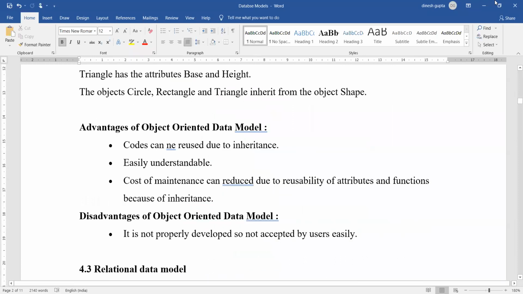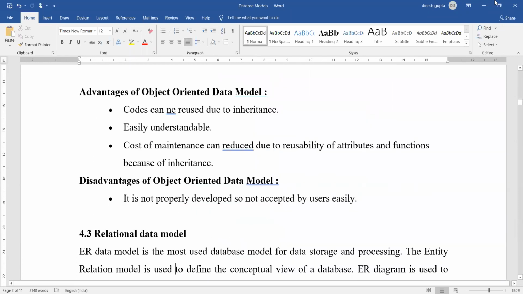So what are the advantages of the object oriented model? If you define relationships with the help of inheritance, then obviously you are aware of what the advantages of inheritance are. The biggest advantage is reusability, easy maintenance, and obviously it is also easy to understand. And what is the disadvantage of the object oriented model? It is a very less used practical data model. As compared to a relational data model, the object-oriented data model has not evolved as much, but still it is a concept that can be used in case you want to implement the data model.